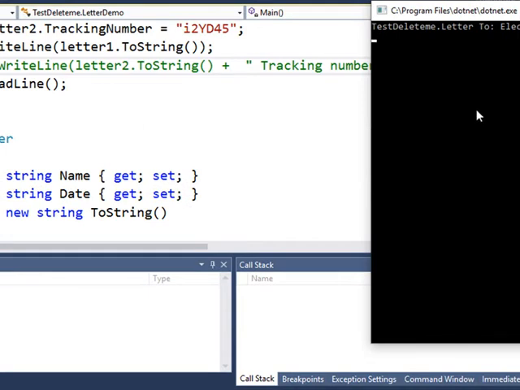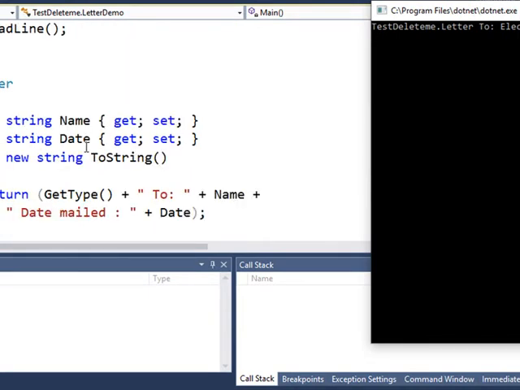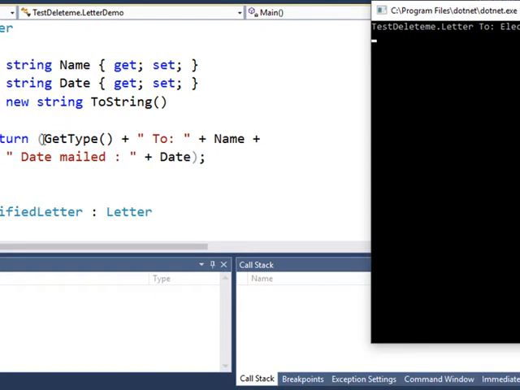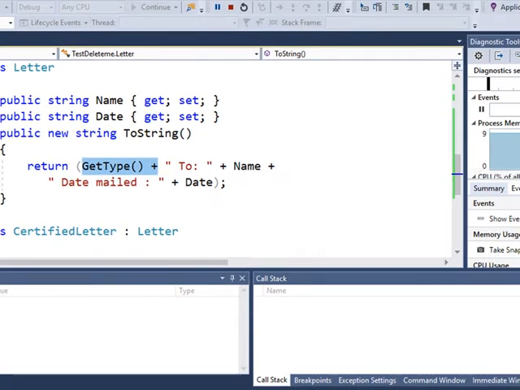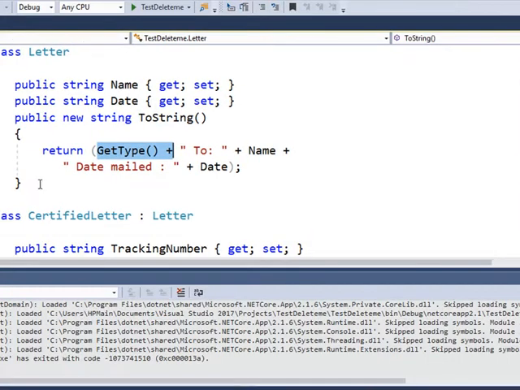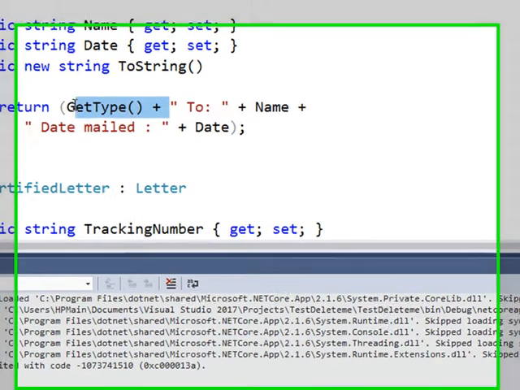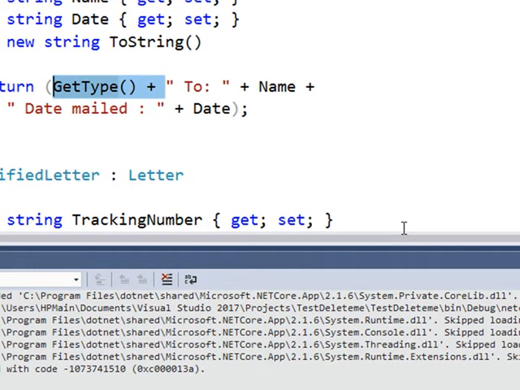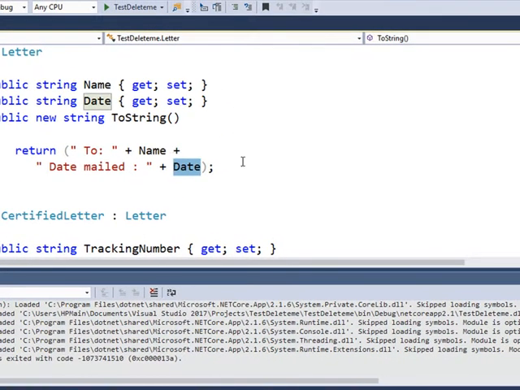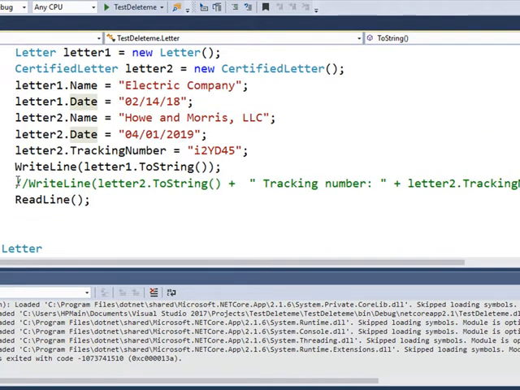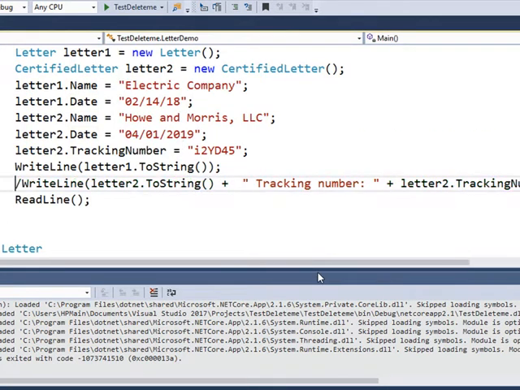Okay, now you probably need to track this out inside of here. Let me get rid of this, the get type, and I guess I should stop this from running. Okay, I'm going to get rid of this part right here and just have it say the name and the date. Okay, let's go back here. So now I'm going to undo this one,